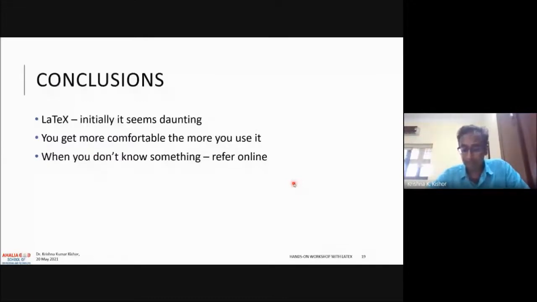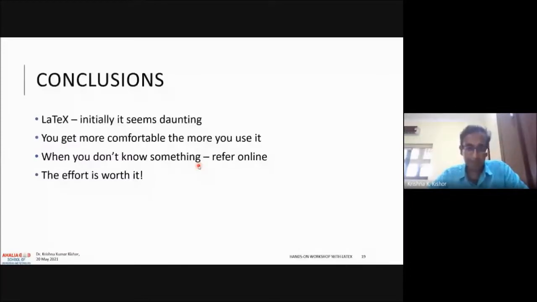So what I do typically is, if I find that there is something I want to do, I just refer online, find a solution for it, and implement it. Recently, I wanted to include hyperlinks in my document, so that in my PDF file, if I click on that hyperlink, it directly goes to a website. I didn't know how to do it, but I just Googled online and found a solution for it. That's it. But the effort, I tell you, is usually much better. You get a lot more satisfaction with the quality of the document that you get.